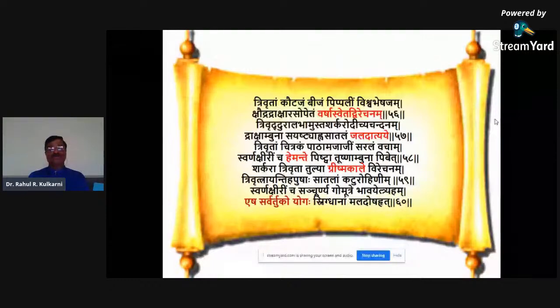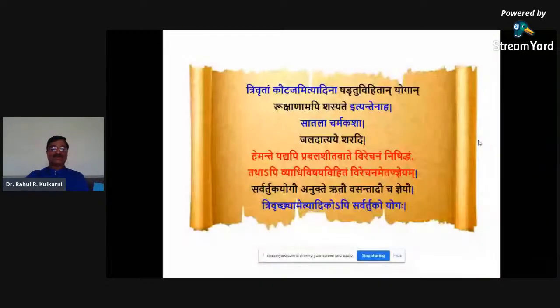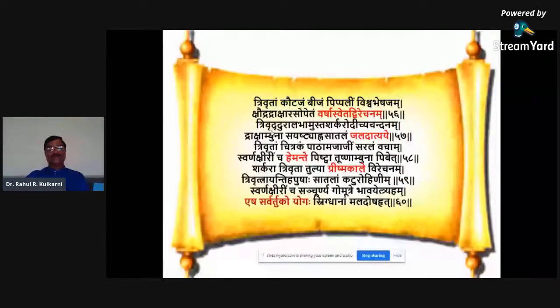Means Trivrut, Duralabha, Musta, Sharkara, Udicha, Chandana along with Drakshambu, that is Draksharasa, Sayashtyamva Satalam, with Yashti and Satala. This yoga is most effective in the Rutu which is said here as Jaladataya, which the commentary says is Sharad Rutu. So this yoga, from Trivrit up to Yashti and Shatala,